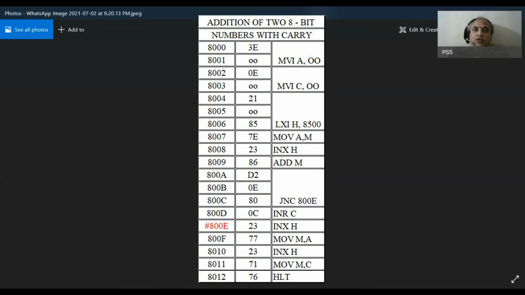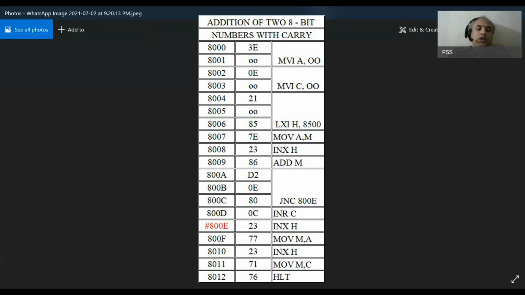After adding these two numbers, the result is expected to be stored in 8503 and the carry is to be stored in the memory location 8504. Hope it is clear. 8503 consists of the sum and 8504 will consist of the carry.